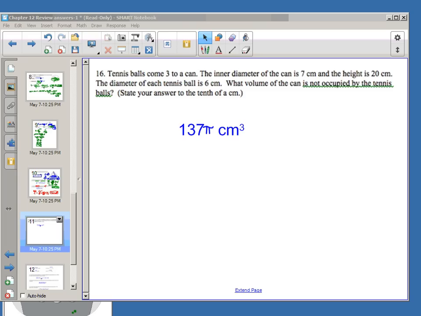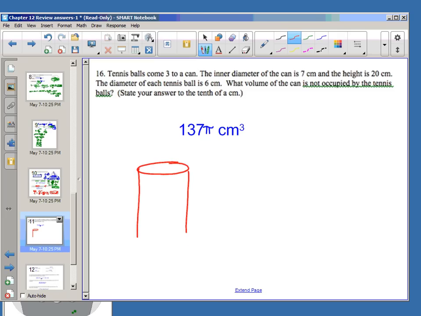And the final page, and this first problem is kind of a doozy, but we'll get through it. It says tennis balls come 3 to a can. This is a great problem because it's really kind of real life. So I'm going to draw a cylinder because that's the shape of our tennis ball can, and I'm going to draw 3